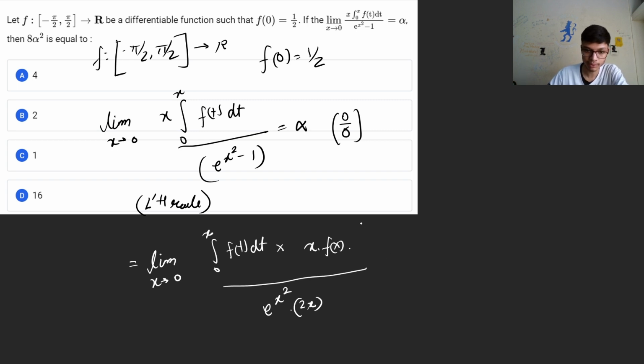Now what I can see from here is that this is again of the form 0 by 0. So therefore again I can apply the LH rule, and then I can simplify this. So this x and x will get cancelled. I can cancel out this x and x. So again, if I apply the LH rule,